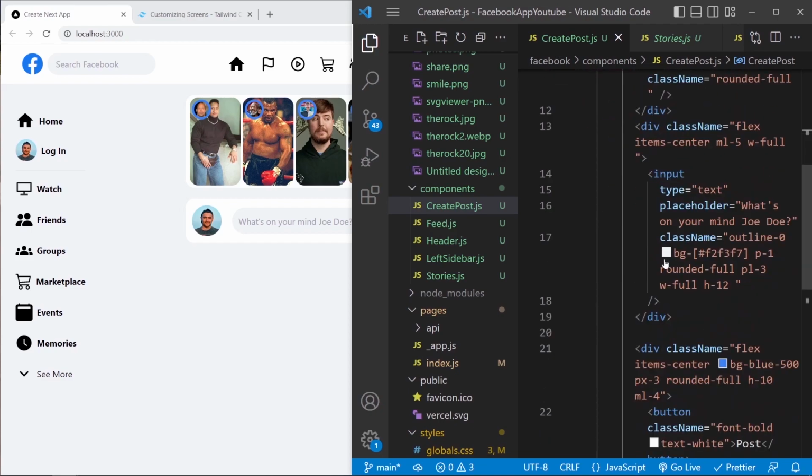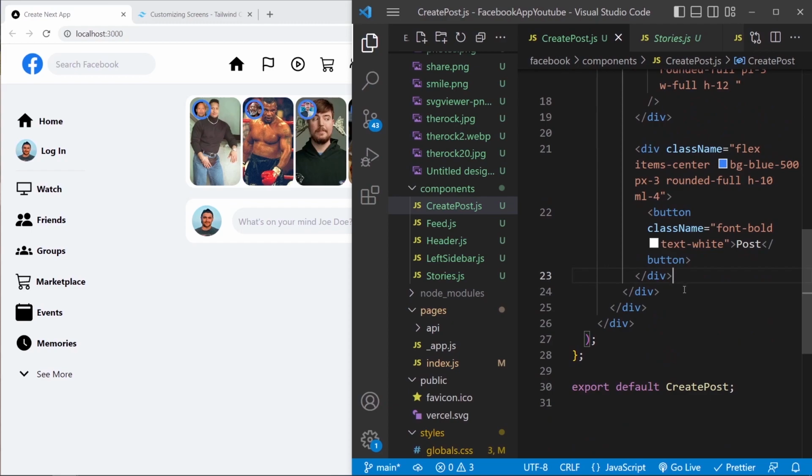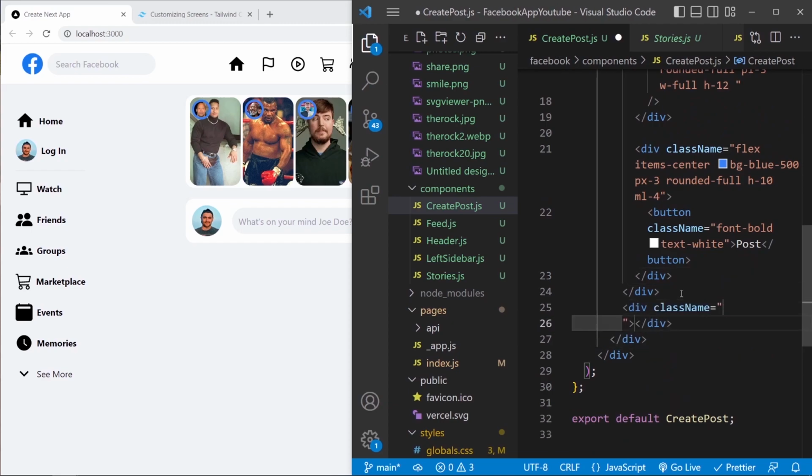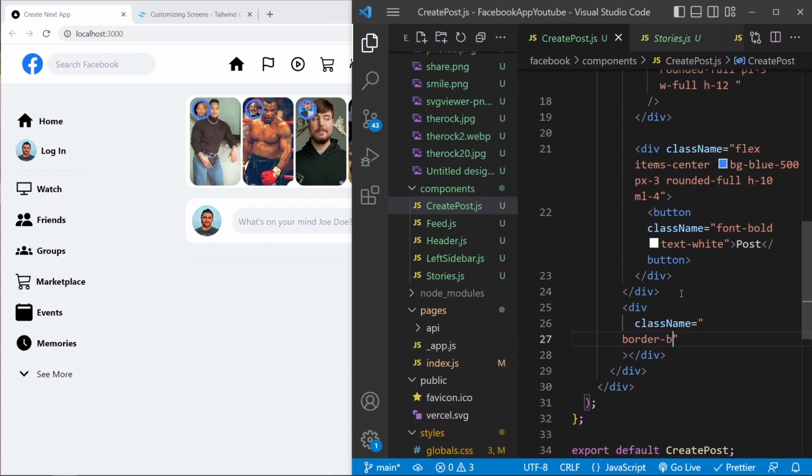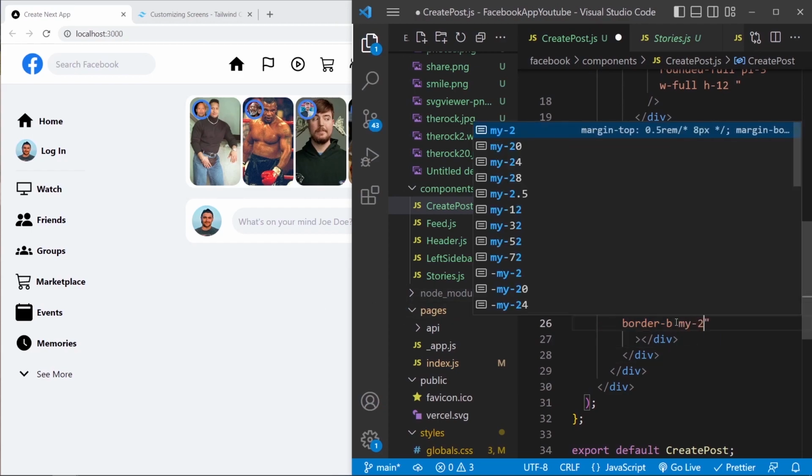Okay, so just outside of this div, I'm gonna create another div, and let's say border on the bottom. Let's save this, and we're gonna move this div inside this one. Actually, I'm gonna say margin on the y of 2,